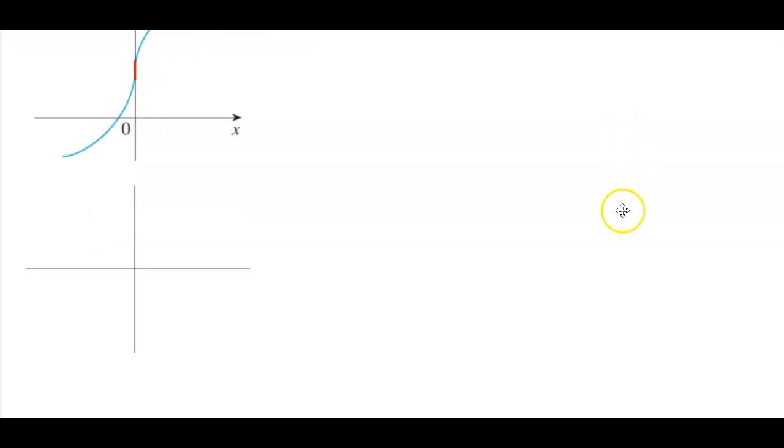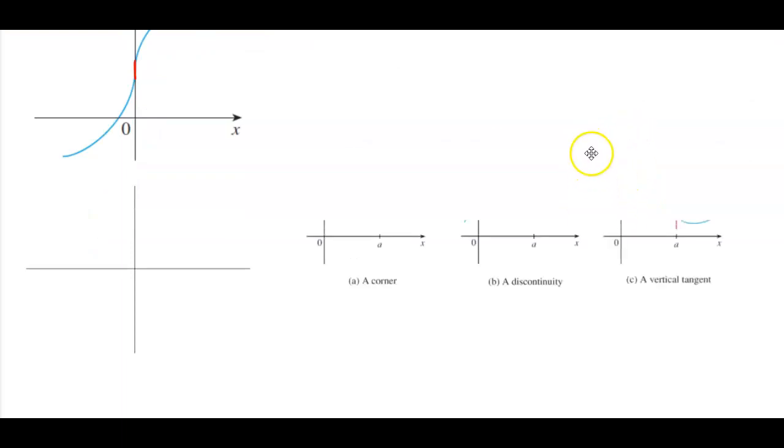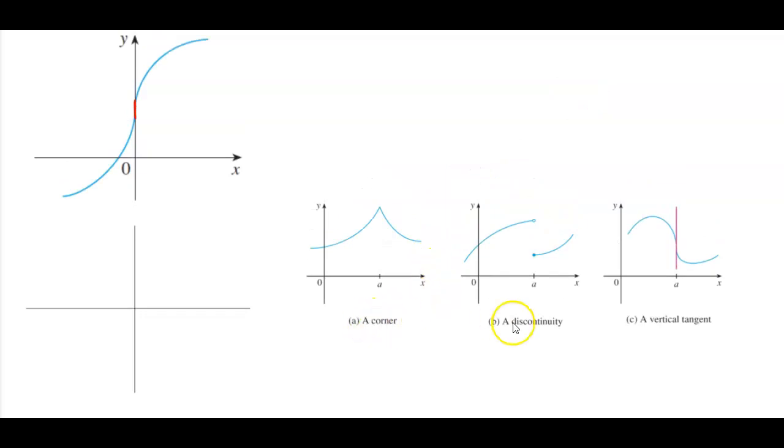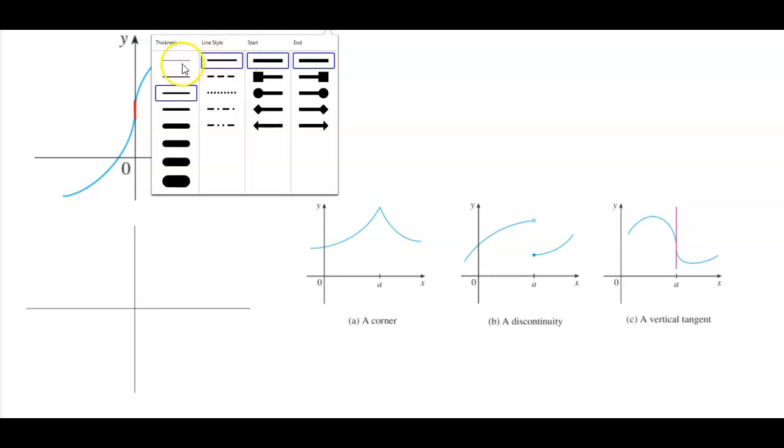So let's take a look at some of the graphs that we have. So here are your examples of discontinuities. A corner, okay, here's a discontinuity of a hole there, and then we have a vertical tangent. So the vertical tangent here is what we have here, and therefore that's going to create an asymptote on the y-axis. So therefore, the first thing we want to do is to draw a vertical